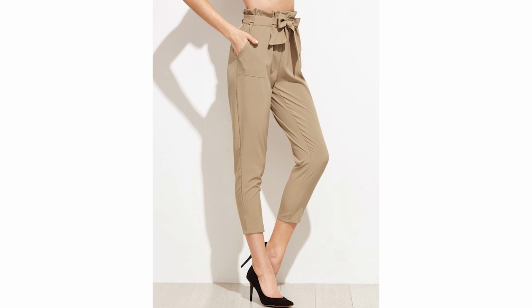In this video I'm going to be showing you guys how to make the patterns for a high-waisted paper bag trouser design. I already have a video showing you how to make the basic women's wear trouser patterns, and I'm going to link it on the screen and down below. So if you haven't seen that already, please go watch that first before you come back here, because what I did was I developed that basic trouser into this paper bag high-waisted design